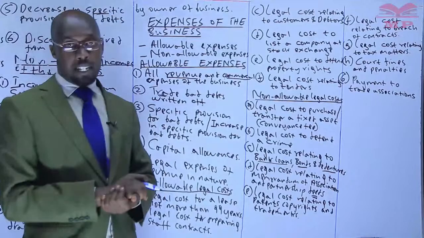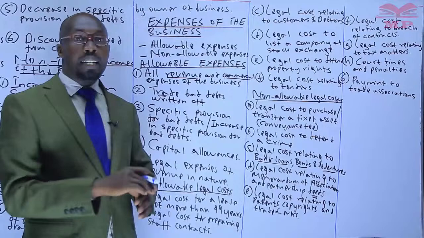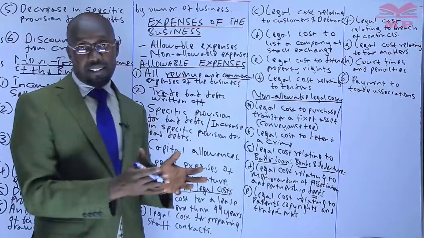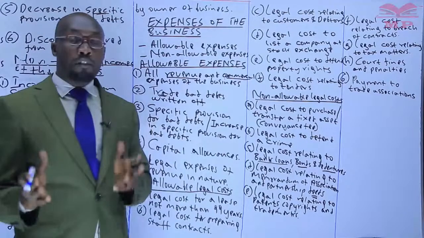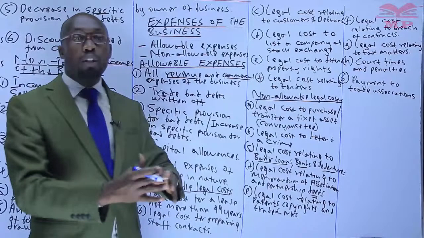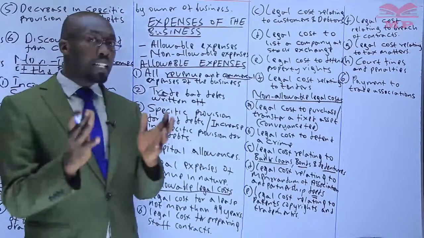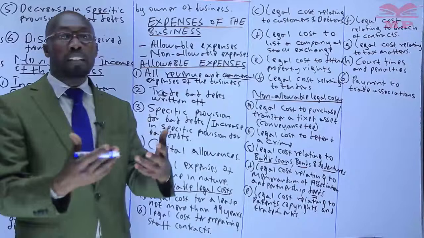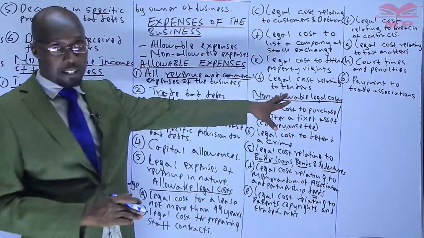Operating a bank, they normally have an association called Kenya Bankers Association. It is there to improve the banks, help to fight for the interest of the banks. If you are in manufacturing, there is an association called Kenya Association of Manufacturers. It is there to trade and protect the interest of the manufacturers. So when a business pays to this association, it is helping to strengthen them, to help them fight for their interests. So that amount is supposed to be an allowable expense.